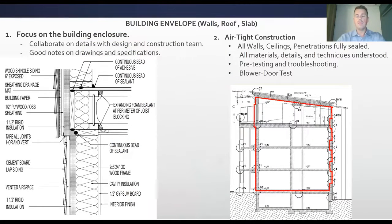So the first critical portion is the building envelope. When we talk about the walls and the roof and the slab, glazing, doors, any openings in the building envelope, these are critical points. If we don't get this right, it doesn't matter what we do on the mechanical system or the electric loads, water heating, it doesn't matter. We're going to have energy in the form of heating and cooling that we're paying for to heat and cool our space. We're going to let that just leak out into the outside world. And that is the critical number one step that really everyone needs to